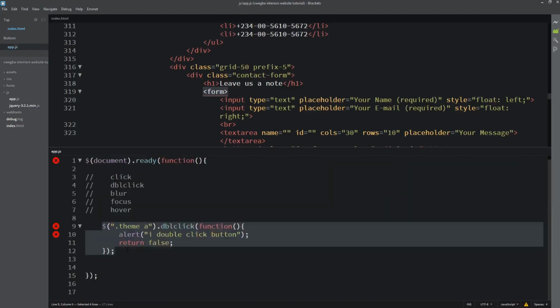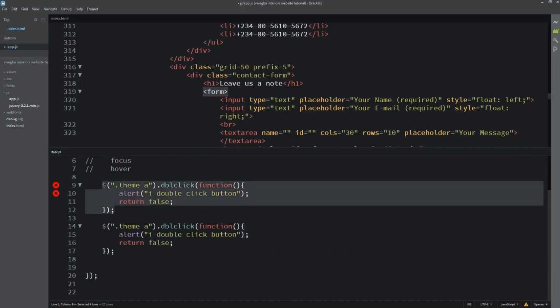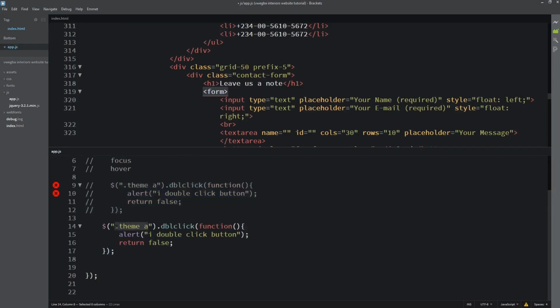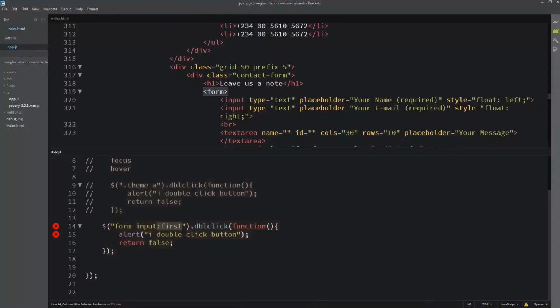I'll copy this one and comment the previous code out. I'll find the form, then input, the first one. This filter takes the first input inside this form, so this is our target.